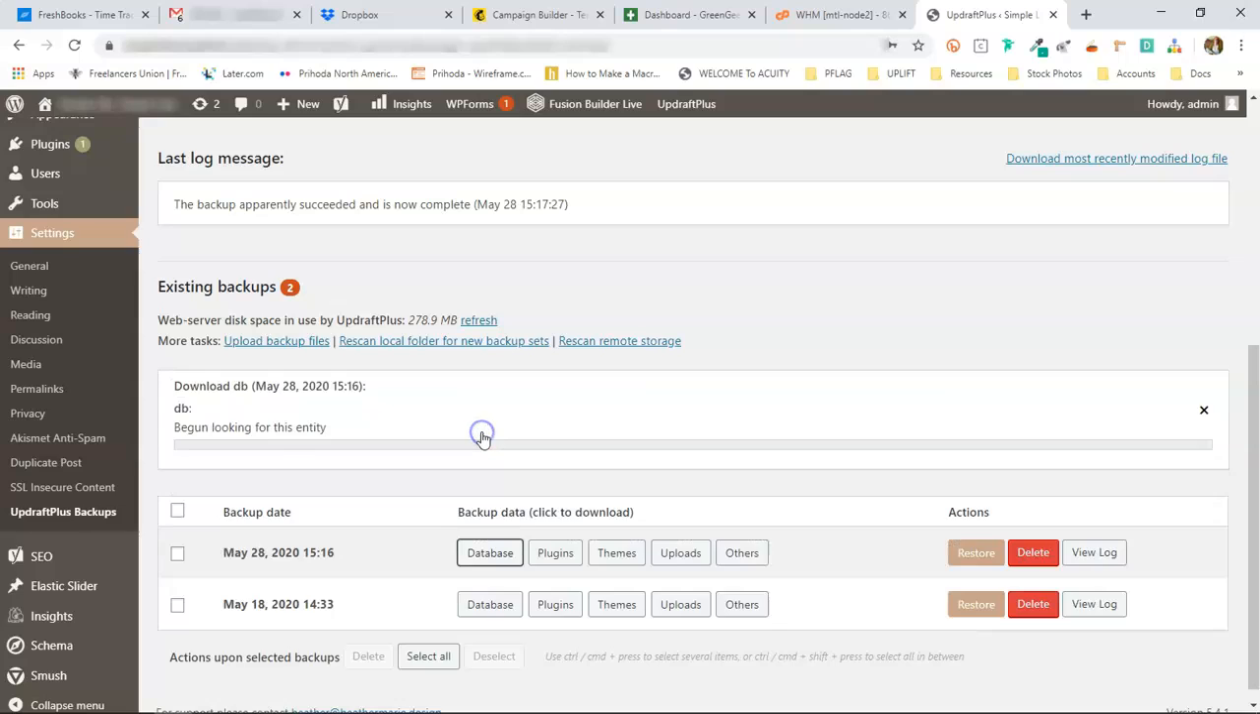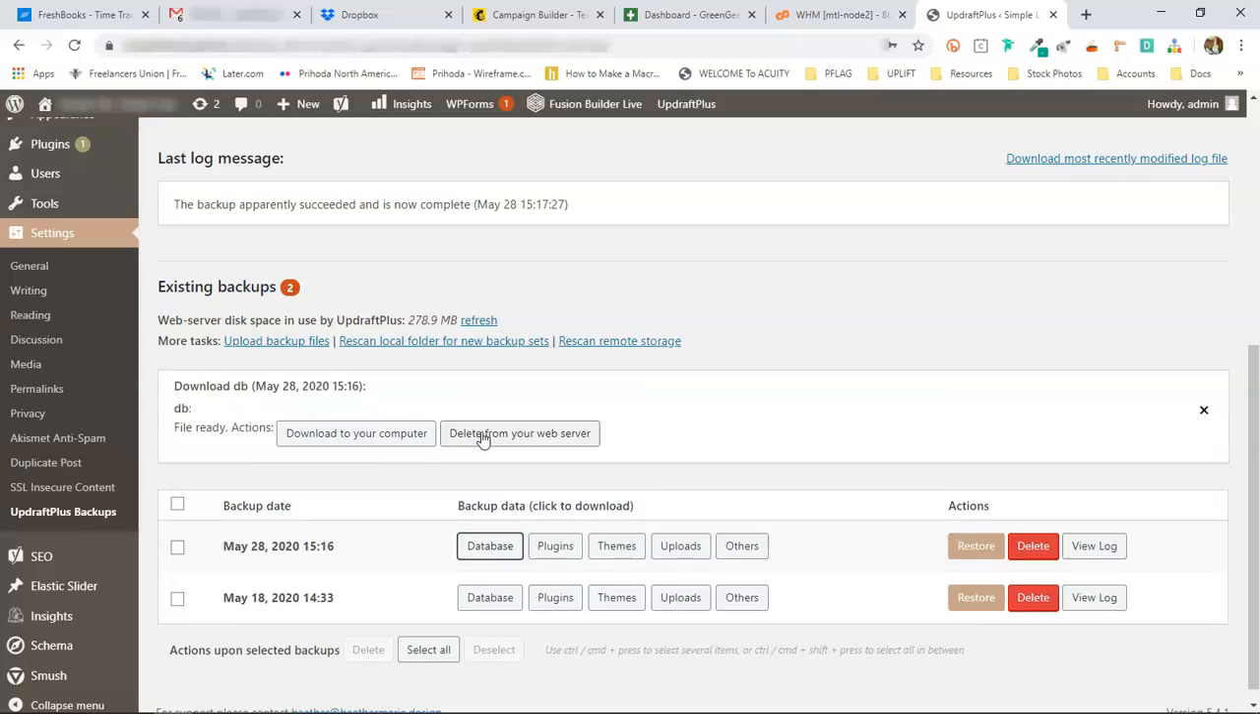After your backup, you're going to want to click each of these backup data buttons and then click Download to your computer to save it to your local computer, just in case anything goes wrong. You want to have that off-site because these are automatically stored on the same server as the website. So once you have downloaded and saved each of those files to your computer, you can move on to the